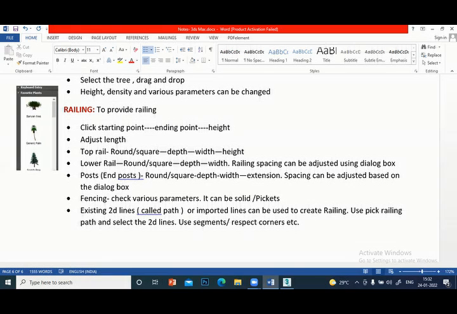But when you have a sheet there, you have to select solid. Then you can change various parameters. Existing 2D lines, called path, or imported lines can be used to create railing. This is what I just showed you. Use pick railing path and select the 2D lines.